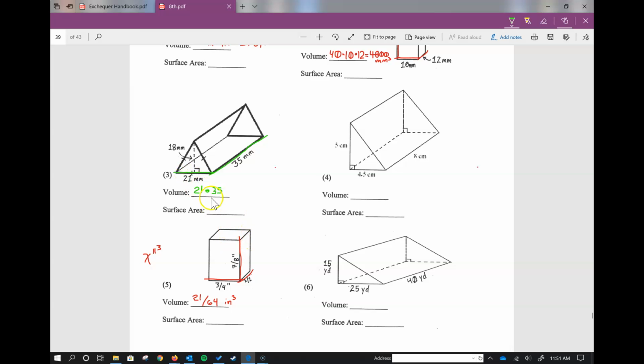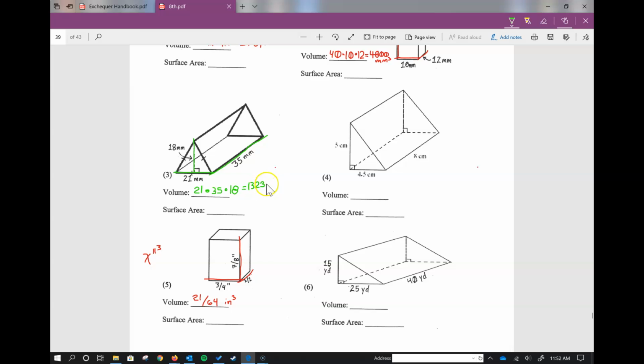So that only leaves, we need the straight up and down from the floor to the peak. And that's going to be this, 18. We don't need to worry about these diagonals on the side of the triangle. We need to go from the floor to the top. And that's a measurement of 18. Multiply those 3 things together, 21 times 35 times 18, you're about 13,230. But wait,